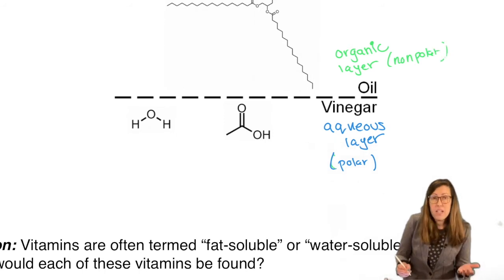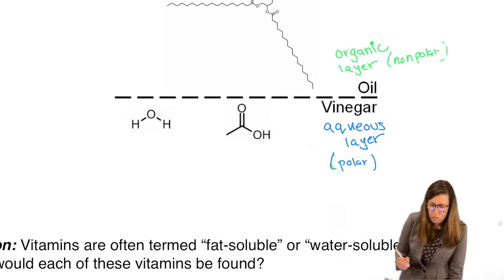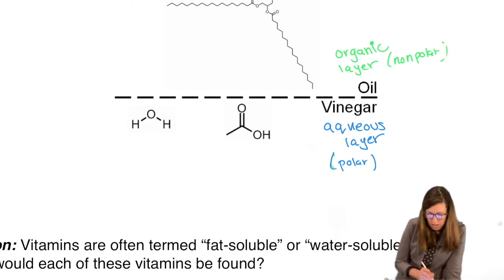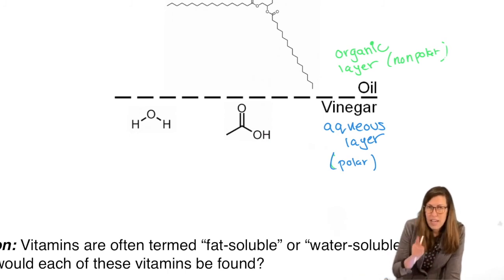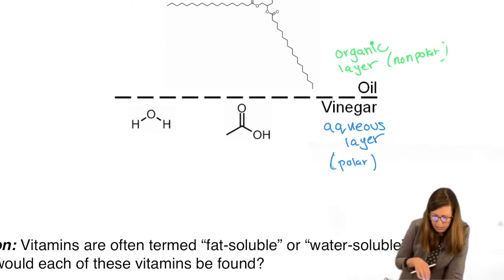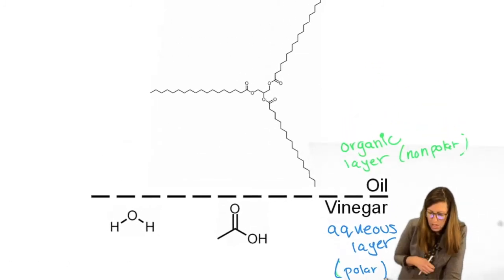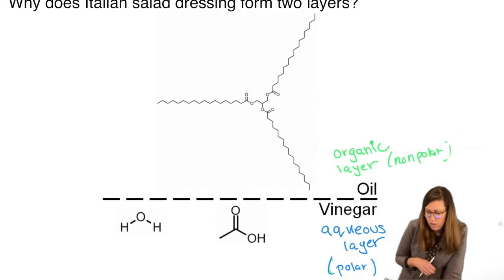So some organic compounds are polar, the small ones with polar functional groups, like carboxylic acid. So acetic acid is polar enough to be soluble in water, which is why you don't have two layers in your vinegar that you buy at the store. It's vinegar, the acetic acid part, mixes with the water just fine. But when you take that solution and add it to some olive oil, you're going to have two layers, and the olive oil might have a compound that looks like that. It's a triacylglyceride.